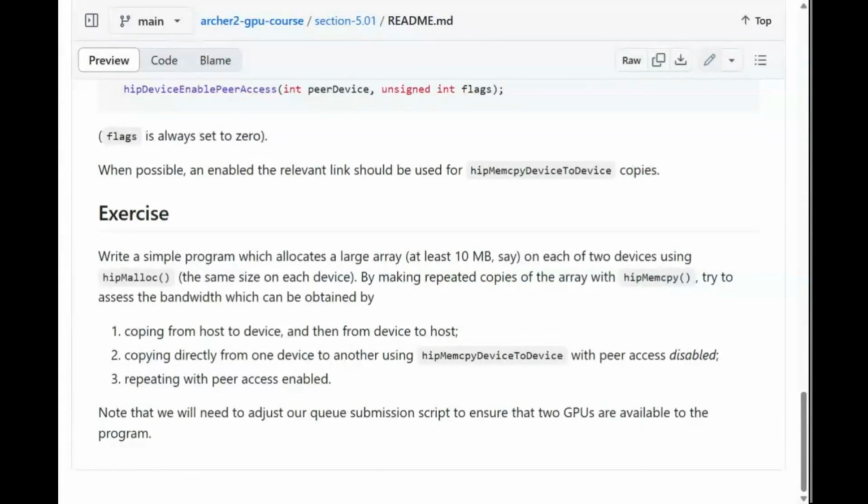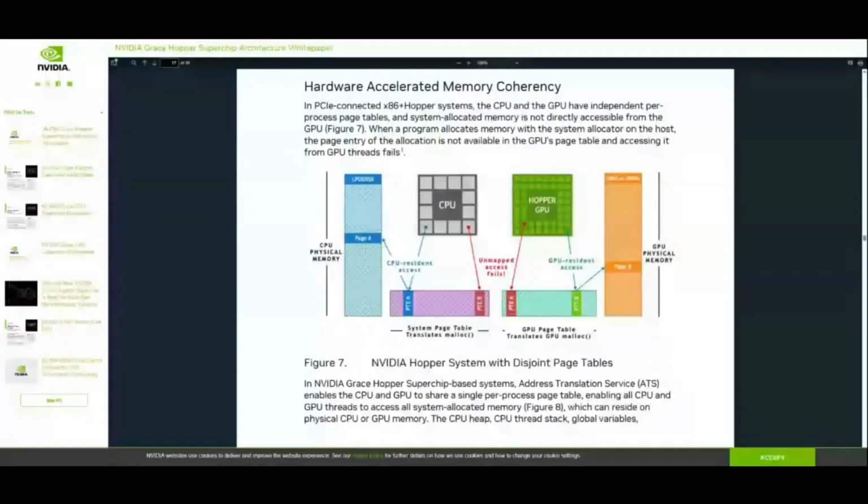Also, now that we are talking about memory, because there was a question in the chat about a paper, let's see if I can. I would like to share and explain to you what we are. So there was a question in the chat about Grace Hopper. So let's say this is the